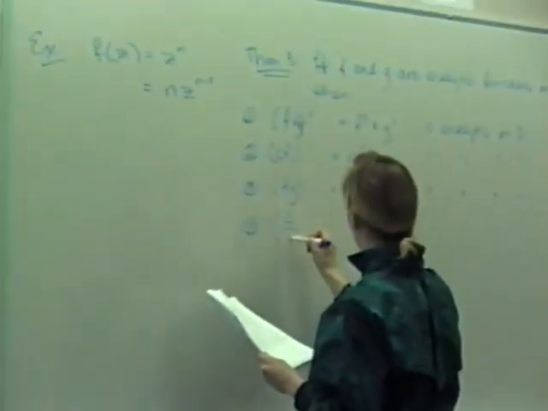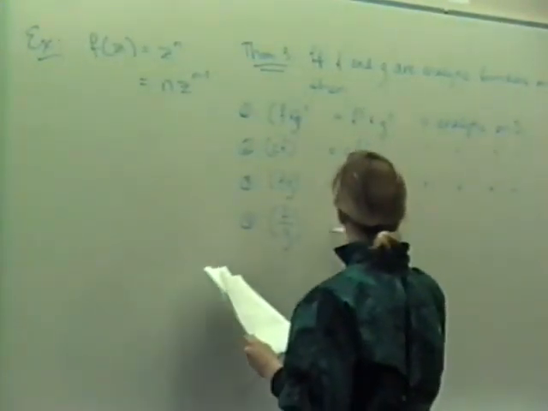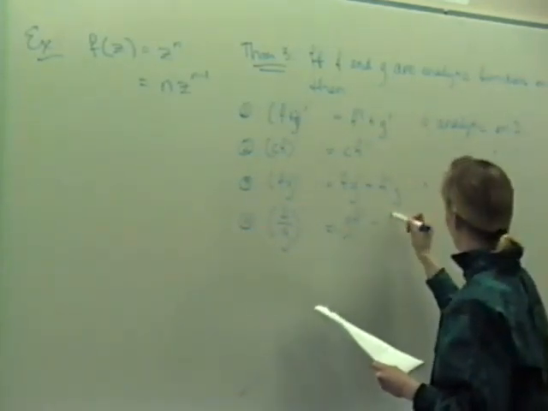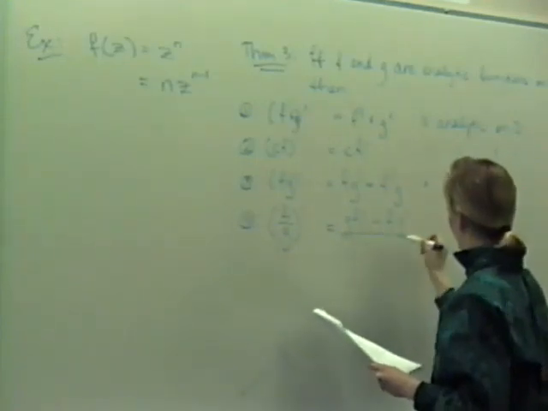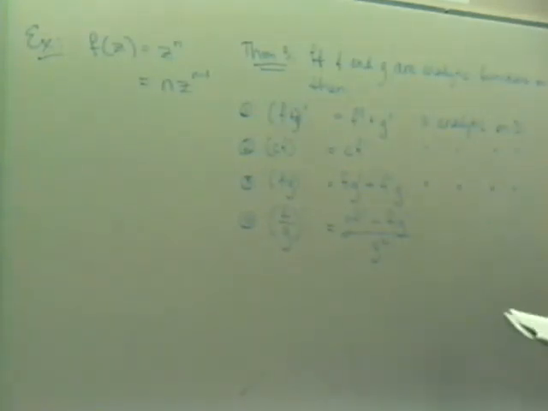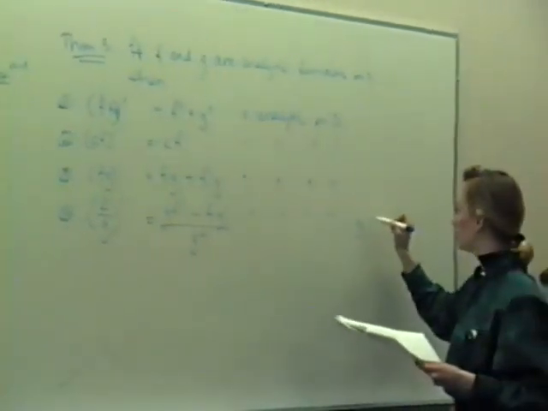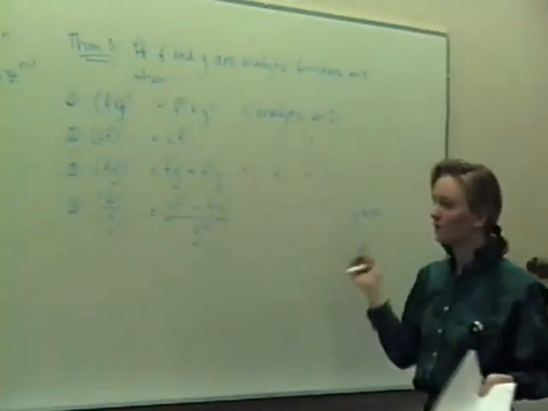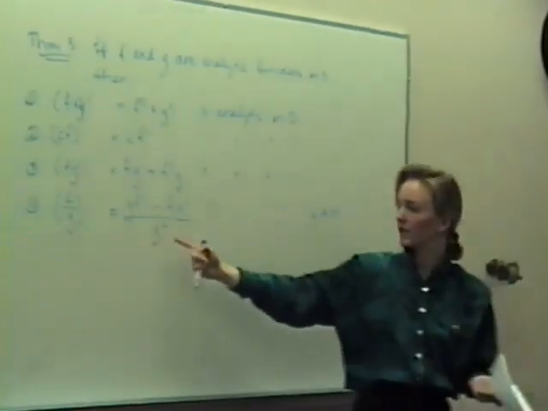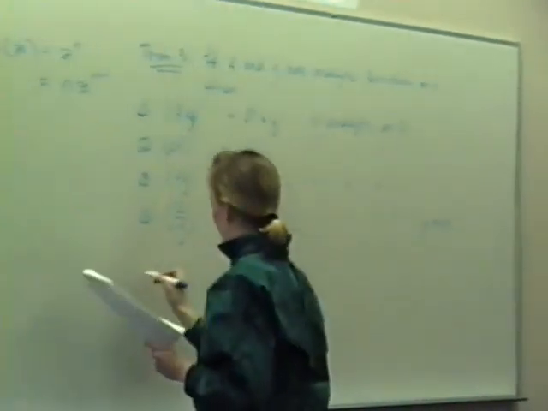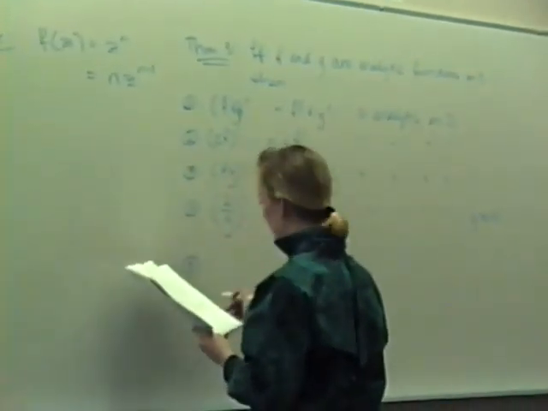The fourth one is analytic on D as long as g doesn't equal 0. So if there are any z values that when you plug them into g you get 0, then obviously it doesn't work. And the last one,